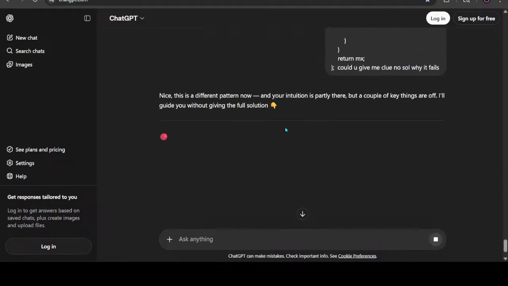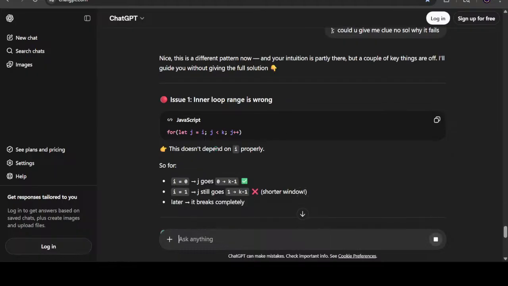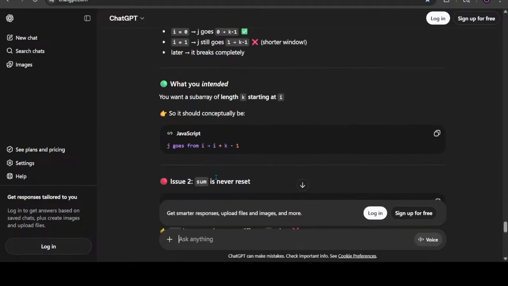Now this is a different pattern. Your intuition is partly there, but a couple of key things are off. This does not depend upon the i. Should I make